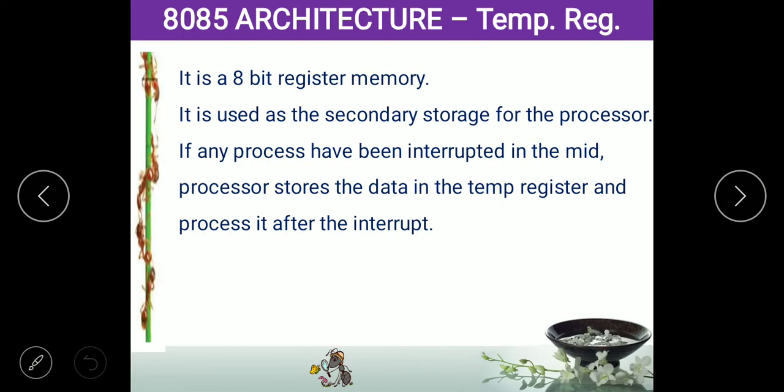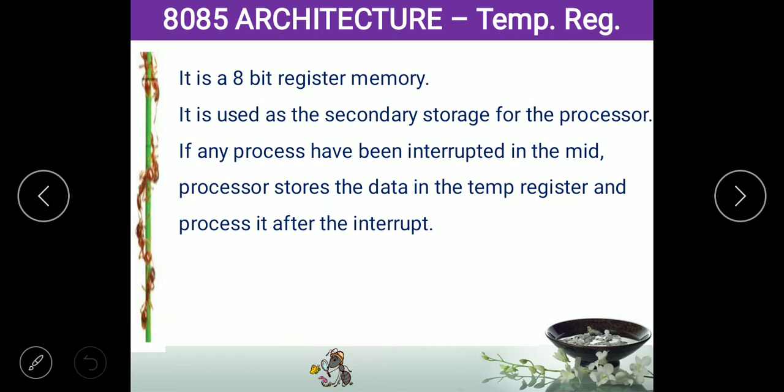The next thing is called the temporary register. What is meant by a temporary register? The name implies it is temporary; the register itself is a temporary memory. It will hold some data temporarily to be processed. For example, if the processor is doing some operation 2 plus 3 plus 4, it operates on the 2 plus 3 and finds the answer is 5. The 5 has to be added with the 4.